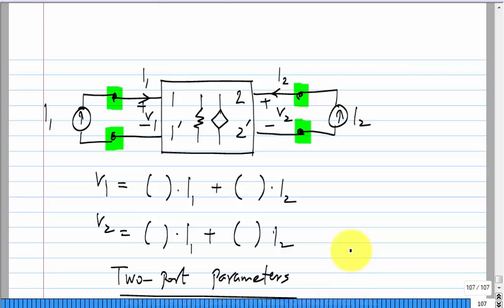Okay. So, you can have all these different types of two port parameters. They will have different dimensions and so on, right? Because if you make currents the independent variables, these proportionality constants will have dimensions of resistances. If you make voltages the independent variables, these proportionality constants will have dimensions of conductance and so on. Okay. So, these give different sets of two port parameters. Is this fine?